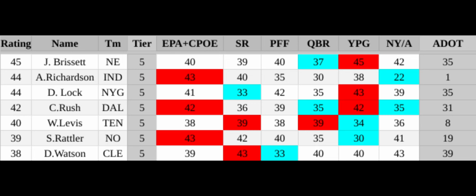Man, it's hard with Levis. He looks so bad when he plays most of the time. There'll be times where he has a flashy play that's great. And I am intrigued by that 8th ranking for average depth of target. That shows he's slinging it. And he does have a great arm and can navigate the pocket a bit. So that's good to see. But basically everything else is just not ideal.